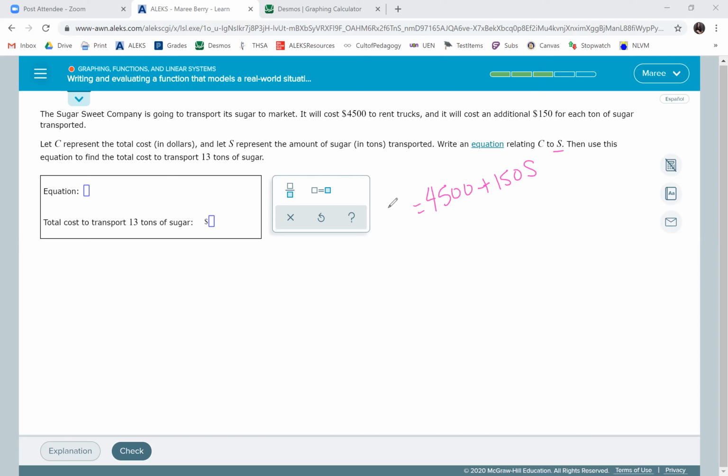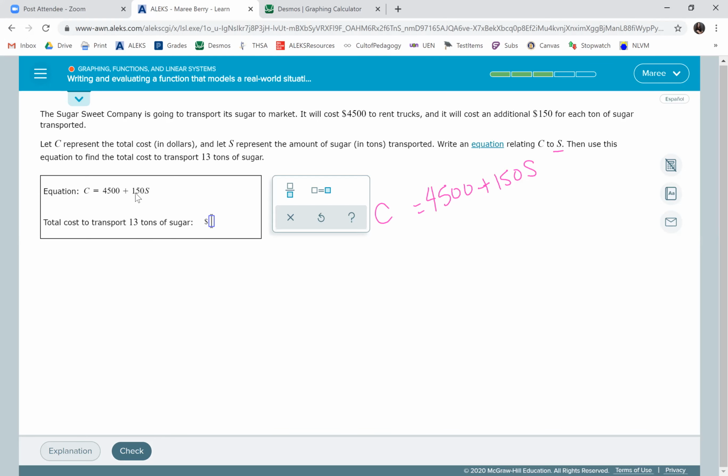C is the total cost. S is the amount of sugar. There we go. Just wrote the equation. So they kind of give you what you need right in the wording of it. So that's nice. Oh, we forgot to put C equals 4,500 plus 150 times S